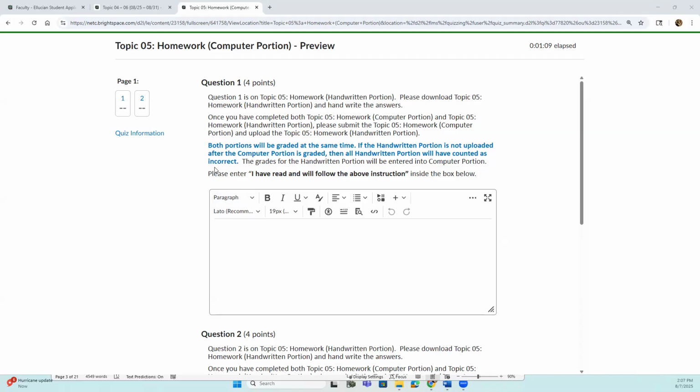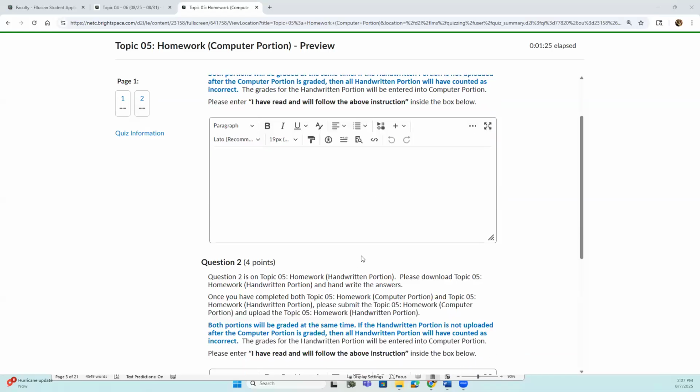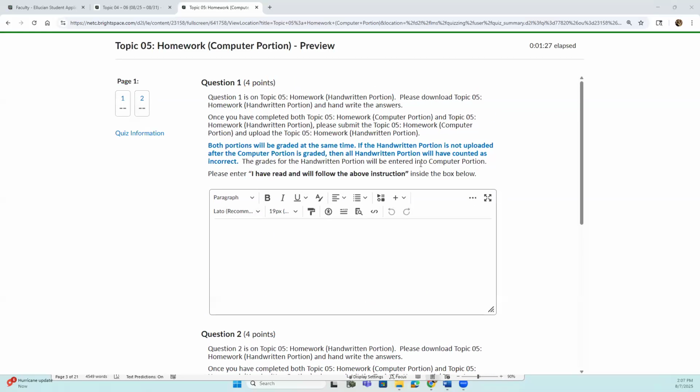So if you're not ready to submit both portions, do not submit either one. Students, you are allowed to make up any homework assignment at any time of the semester before the class is over. So if you're not ready to submit the handwritten portion, then don't submit the computer portion. The grades for the handwritten portion will be entered right here in the computer portion. So all you have to do here is enter, or you can copy and paste,